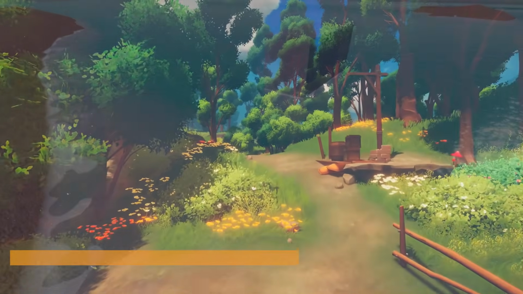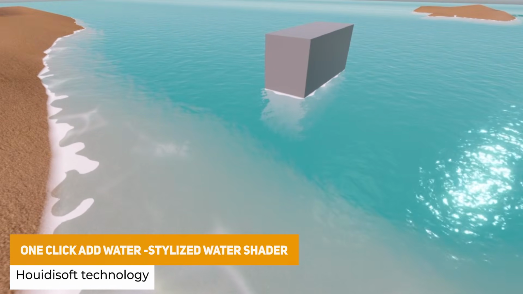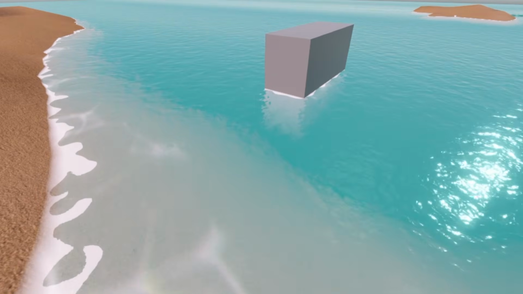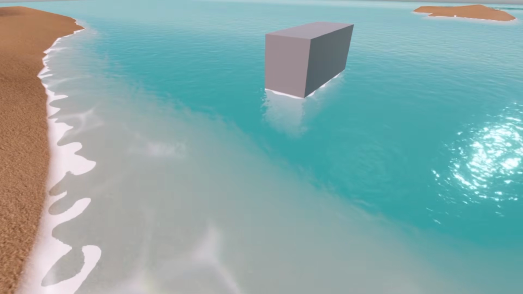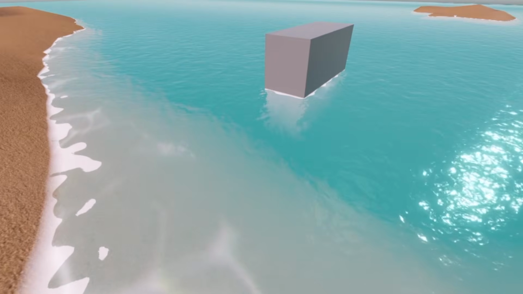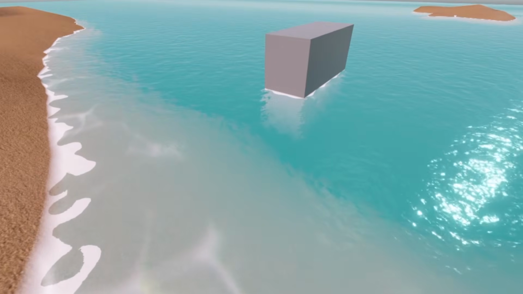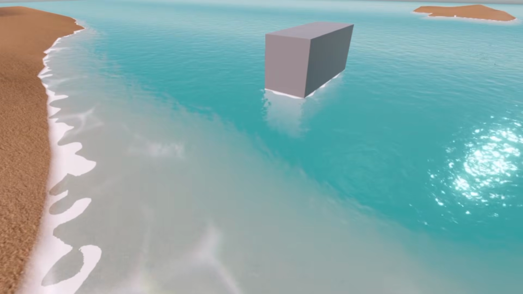So we're going to start off with the one-click Add Water stylized water shader. So this is a perfect one for URP and any 3D project, and it allows you to have a one-click surface setup. It has dynamic waves, adjustable surface foam, refraction, depth-based visuals, and it's very optimized and comes